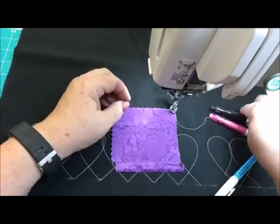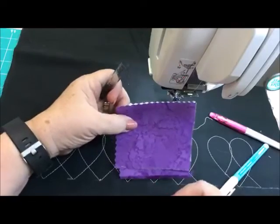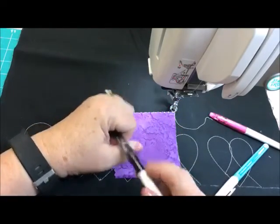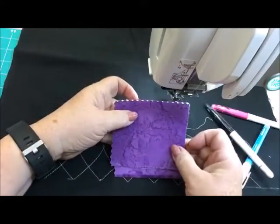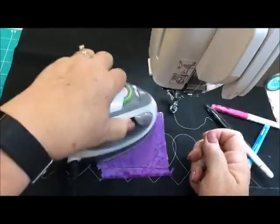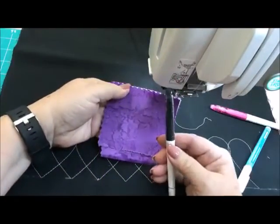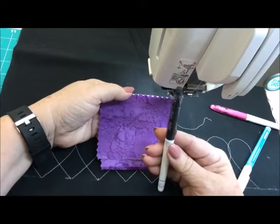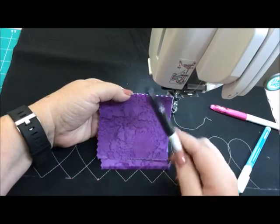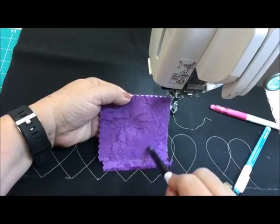So now when we mark, I'm going to use black on here so you can see it. Hopefully you can see that line. Pretty interesting that it's almost out. I've used a black marker on there, and I'm going to be able to iron that right off when I'm finished. Because this Frixion pen, the poor thing has taken so many bad stories about it, this Frixion pen never had a chance to get to the fabric because it's still laid up on top of the Best Press